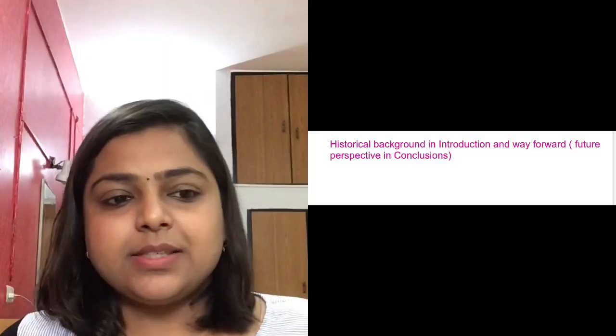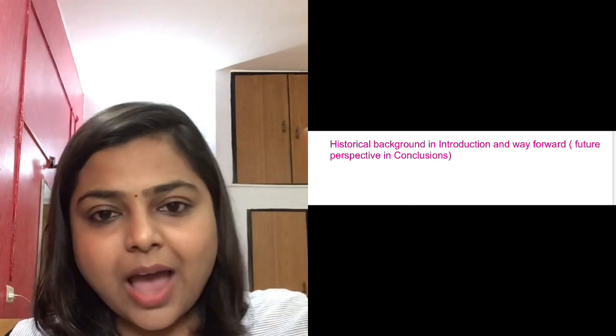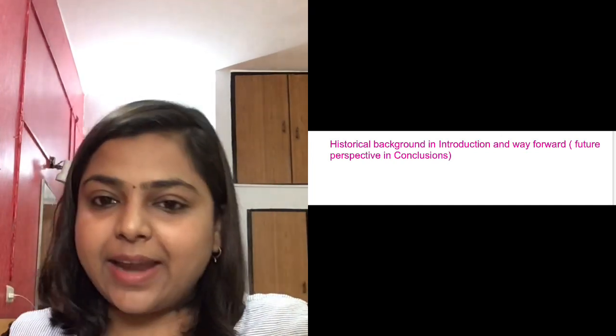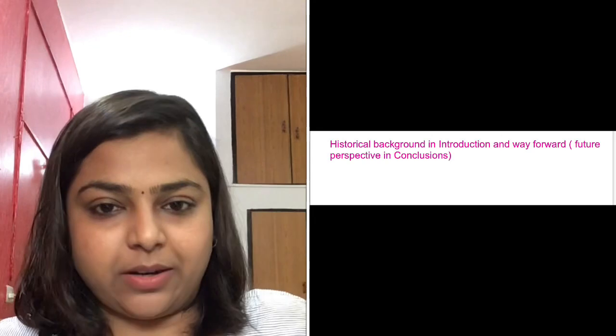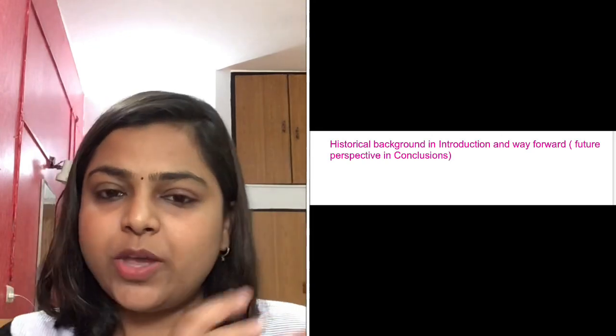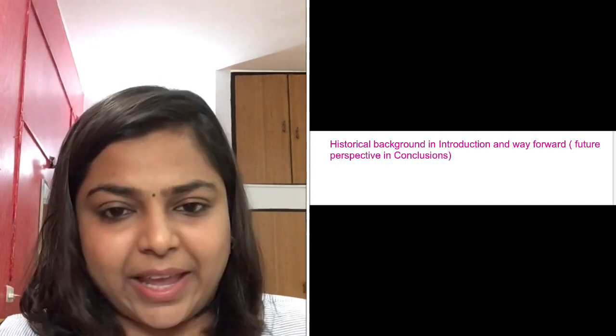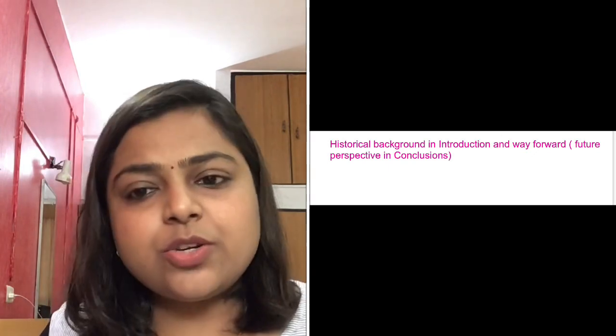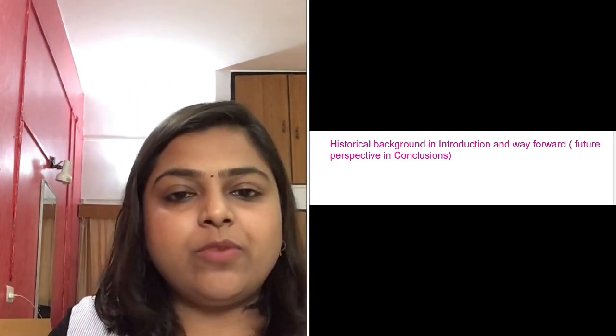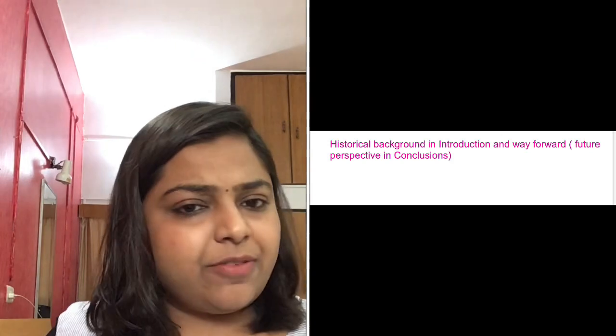And one most important point I want to tell you is, when you write an answer and you are not understanding what to give in the introduction and how to end, a simple tactic is to start with the historical background and end with the future prospect. The historical background should be your introduction in 4 to 5 lines, and the conclusion should be a future way forward, what will be happening in the future, in another 5 to 6 lines.